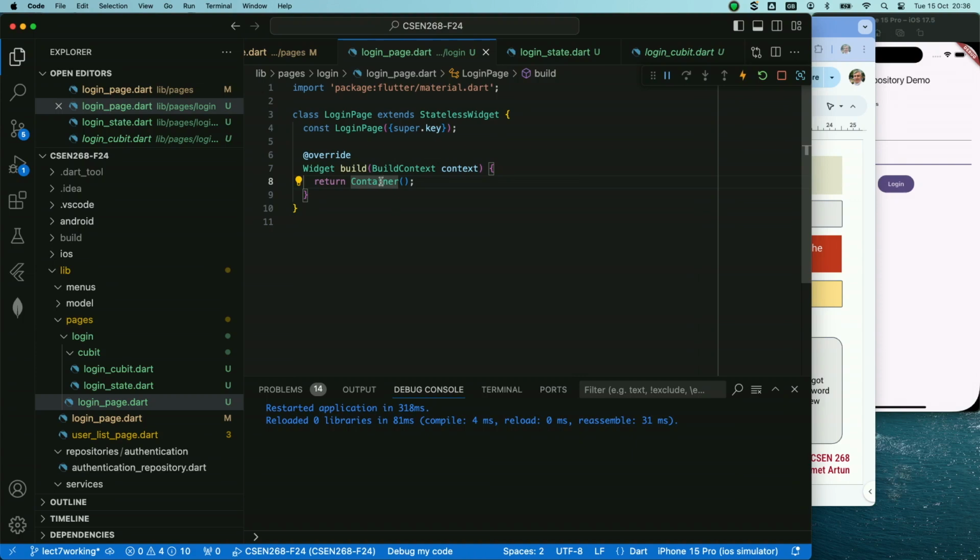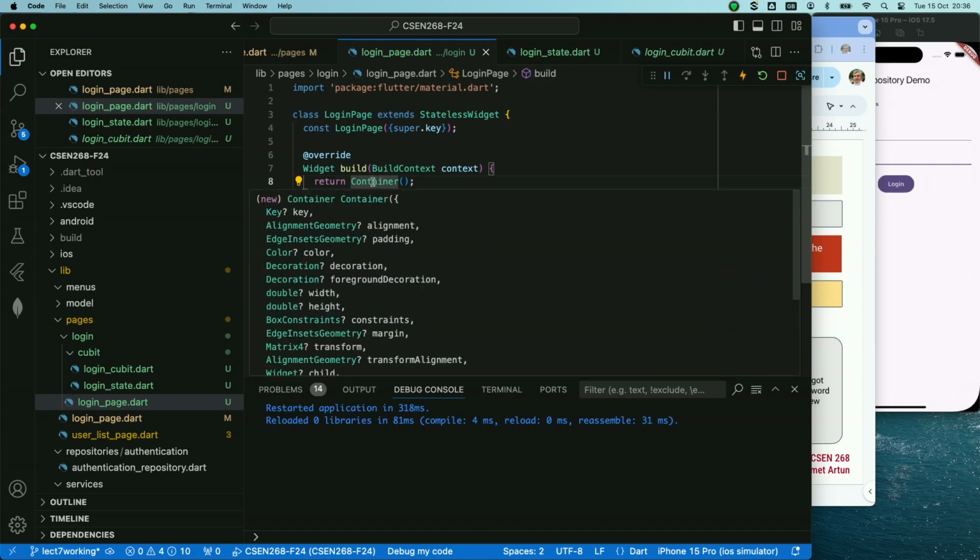But what I want to do is create my cubit, because remember, when I'm calling the login page, my cubit is not yet created, right? We've defined the cubit, but it's not yet created. It needs to be created when I'm calling the page. The way we do it is that you go and